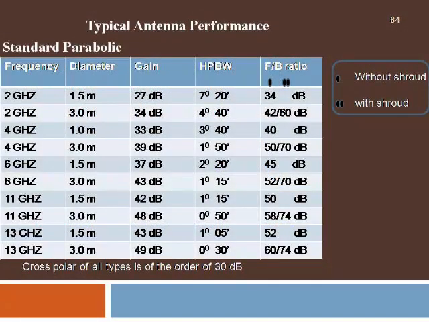Standard antenna performance parameters are shown in a table here, and here you can see that the half power beam width is quite low, whereas the gain is more than 25 dB at high frequencies between 2 to 13 gigahertz with an antenna in the range of 1.5 meters to 3 meters size. Of course, the front to back ratio is also quite low, definitely greater than 30 dB. And in all these cases, the cross polar component is less than 30 dB.